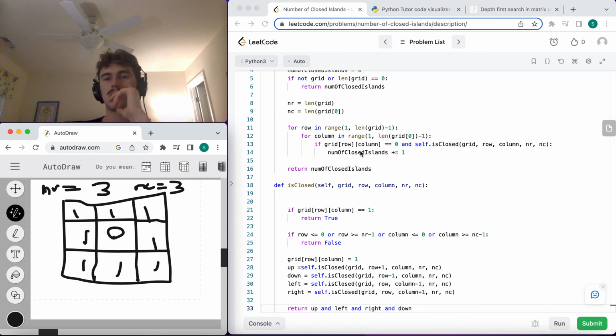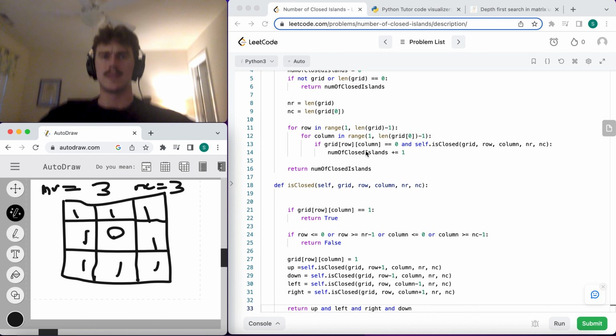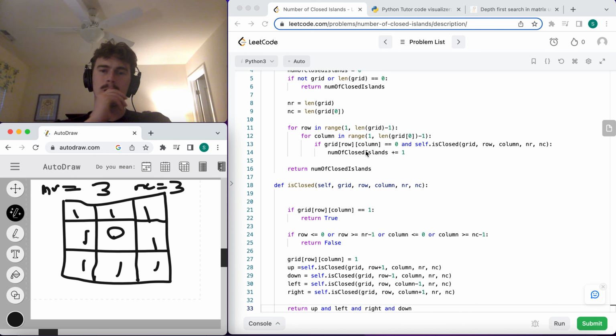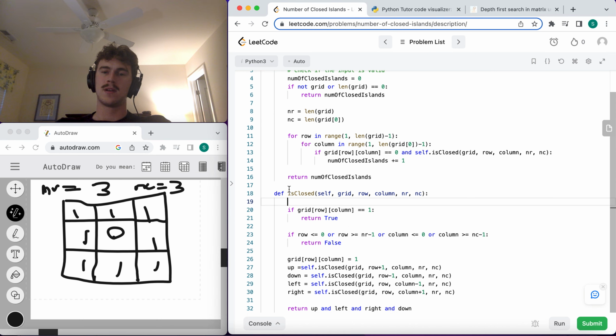So if grid at row, column is equal to 0, and self is closed. Yeah. Then we're gonna increment. So if it's a 0 and it passes this is closed check function, we're good to go. And we increment the number of